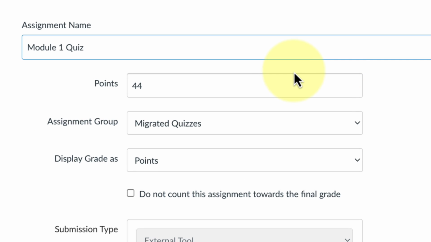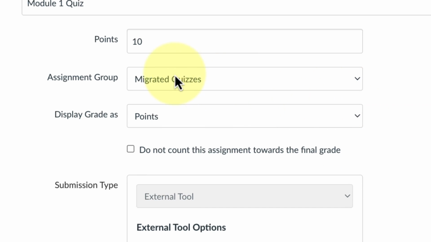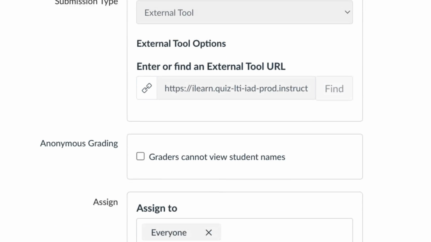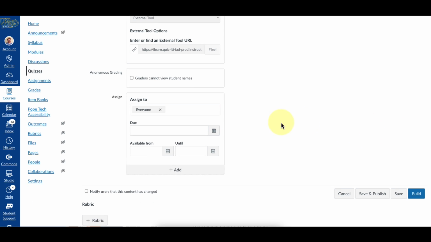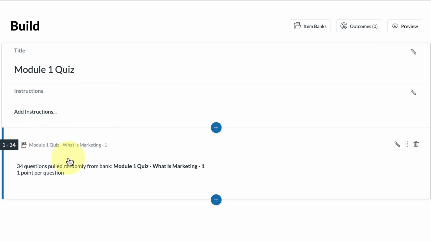I'm going to start off on this page, which used to be the details. And I know for a fact this is going to be 10 points. So I'm going to change that 44 to 10 in the points category. And that's all I really have to do unless you wanted to change the group or add the due dates. But I'm going to skip ahead and scroll to the bottom right and click the Build button. And here we can see that it's added the 34 questions in that test bank. So what I'm going to do is click the little pencil icon,